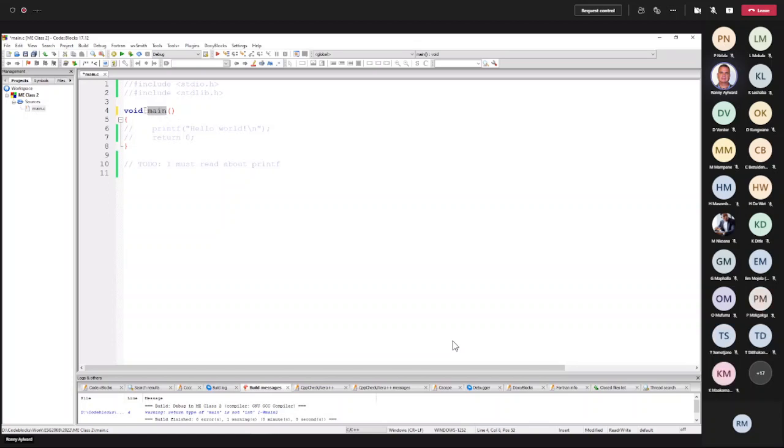Otherwise, it's not going to have the same meaning. So it's all small letters like that. So this is the minimum. Any questions on the basic structure of a program? Any questions? Everybody okay?